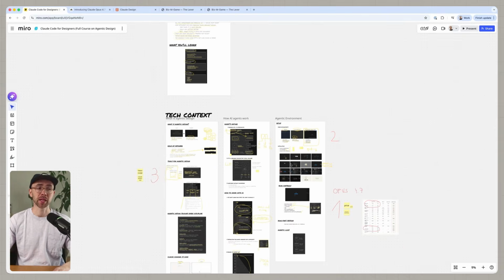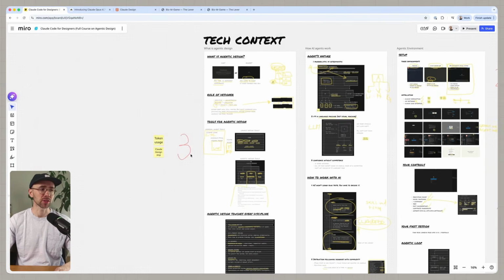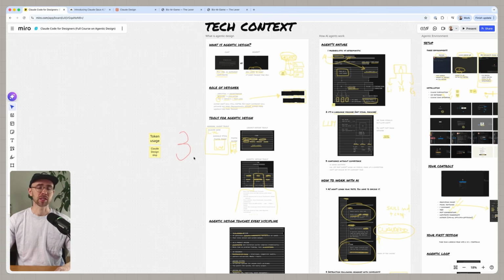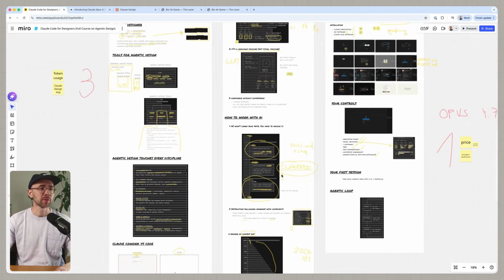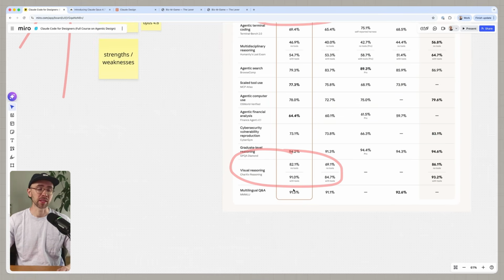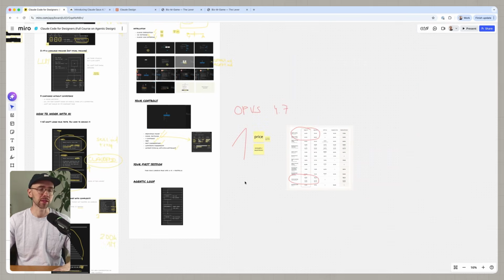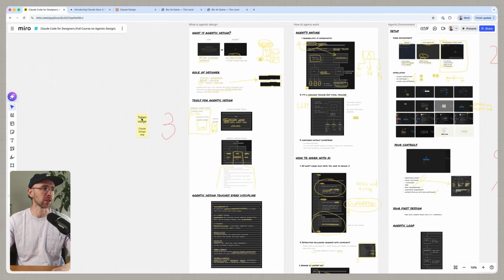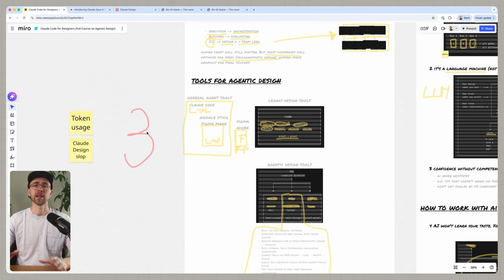Which brings us to the biggest news, which is Claude Design. Claude Design was introduced primarily because Google Stitch came out with its product and Anthropic saw how successful it was, but also because Opus 4.7 gives you a chance to do a proper agentic design product, because it's just so much better visually. So based on all of this, they had the confidence that they could release a product such as Claude Design, which is essentially,